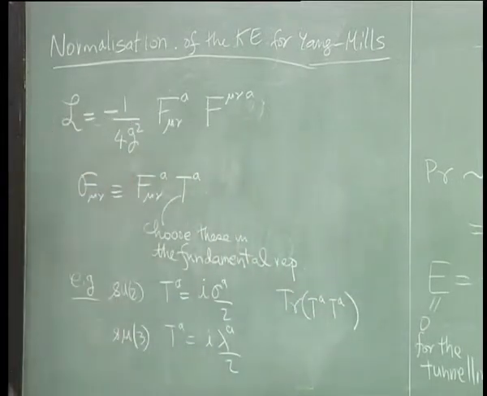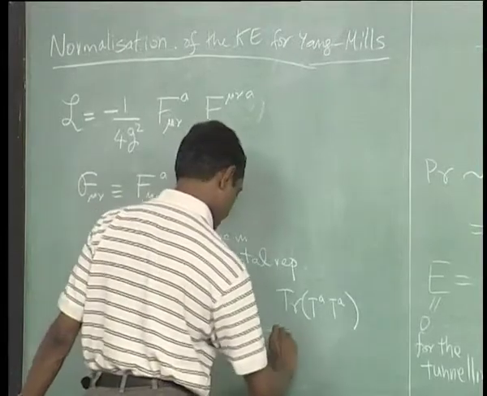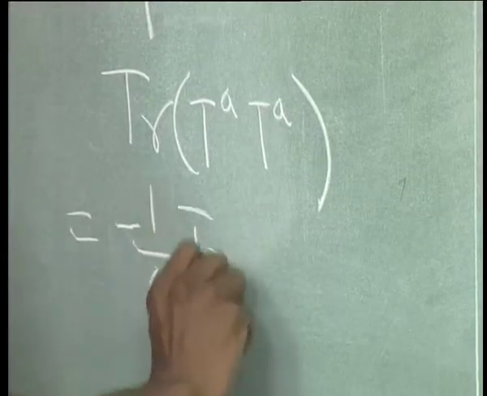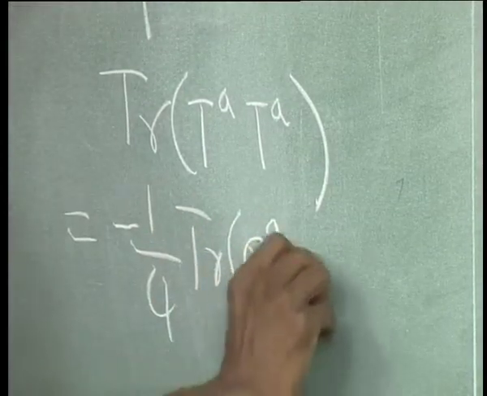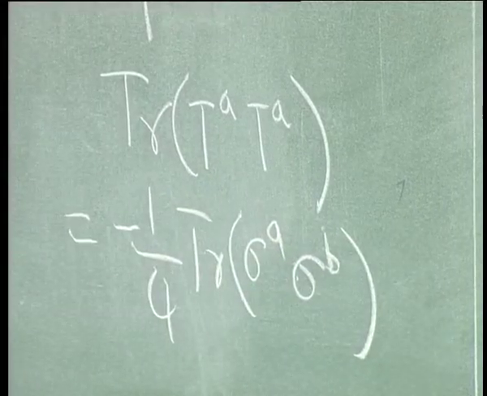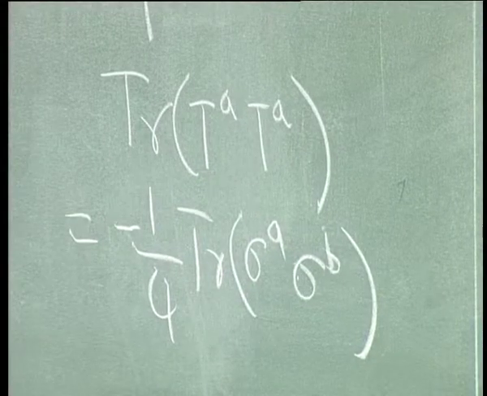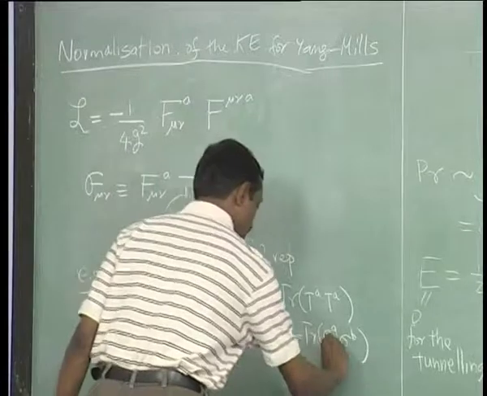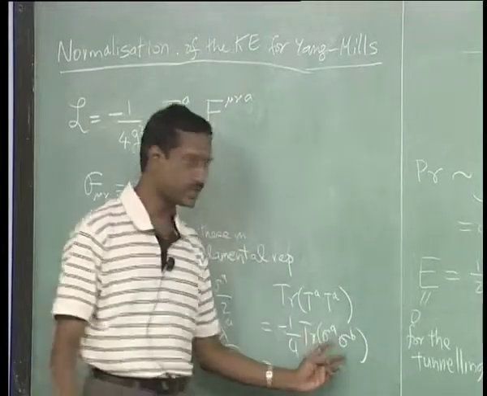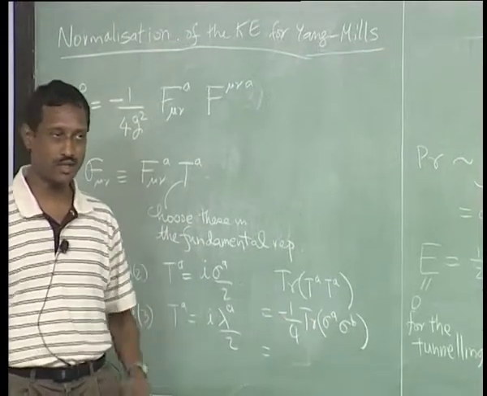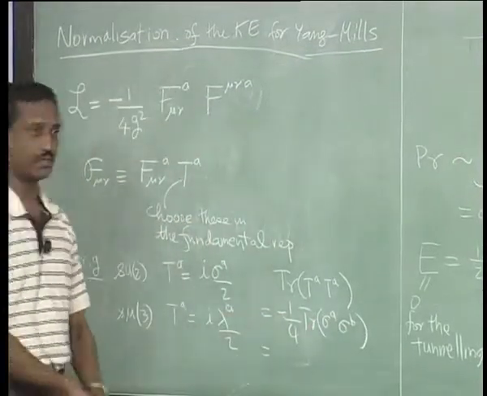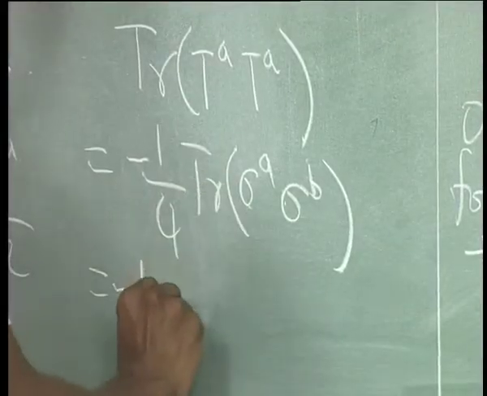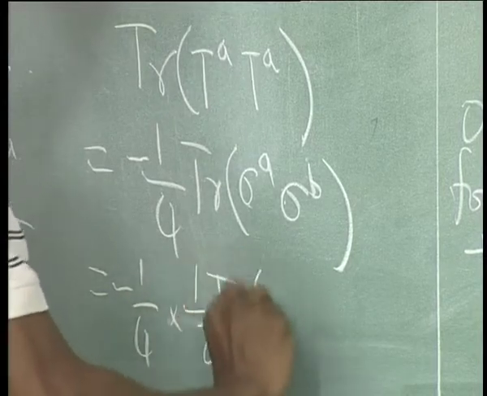So let me do it for one of these cases. You get I square, which will make it a minus, and there will be half square, which will be 1/4 trace sigma A sigma B. I am just doing it for Pauli matrices, and so this will give you a... So we can rewrite this as follows. The standard trick is you write this as sigma A sigma B plus sigma B sigma A, and that is equal to 2 times delta A B. So let me follow the thing twice. So this just becomes into half trace